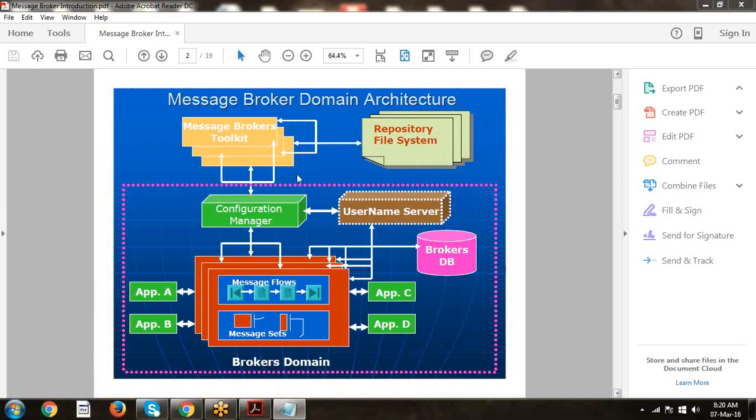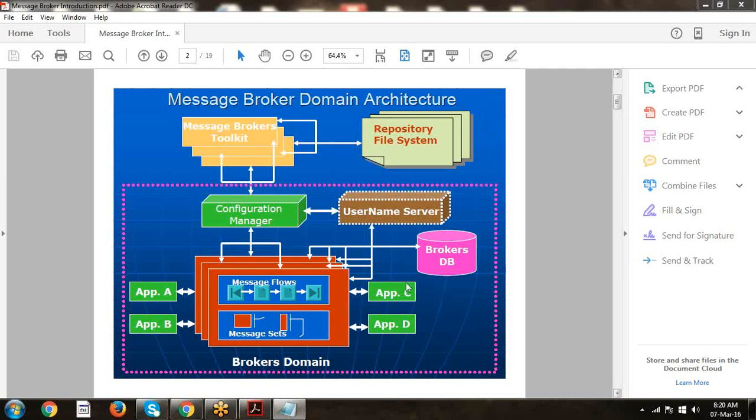In the older version 6, in this diagram you can see one broker database shipped along with the Message Broker, DB2 also.